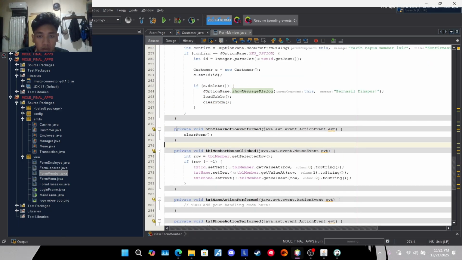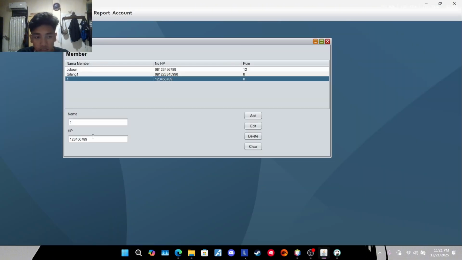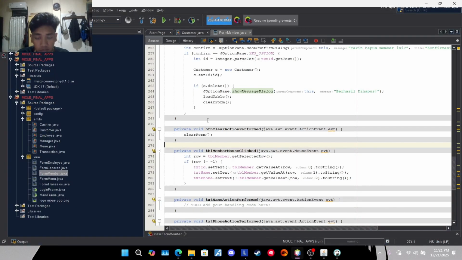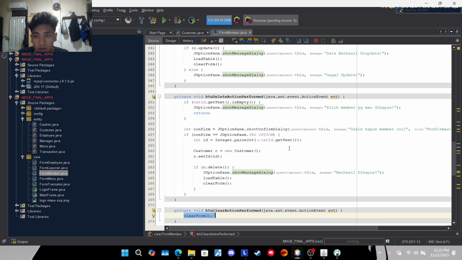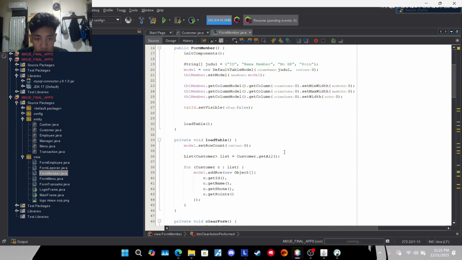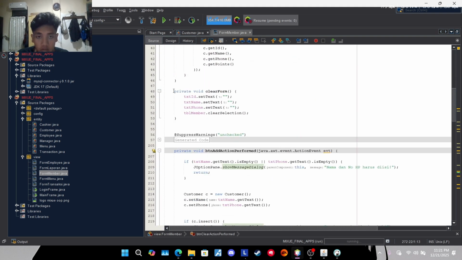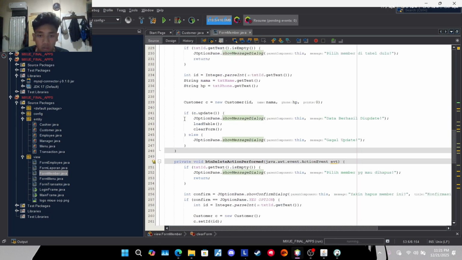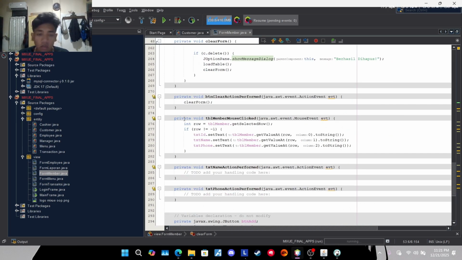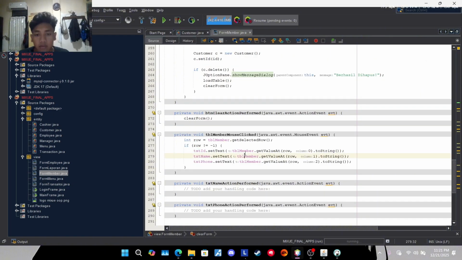Okay, next is the clear button in this section. So in the clear button, we just call the clear form above in this code. So we just call it, and there will be clearing all of the form like that.